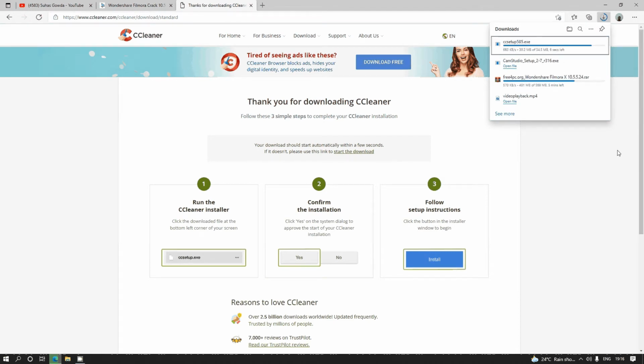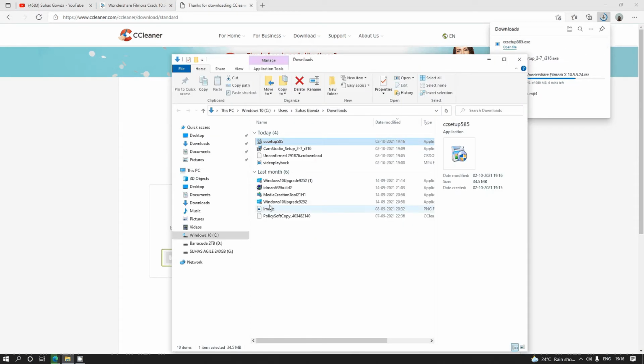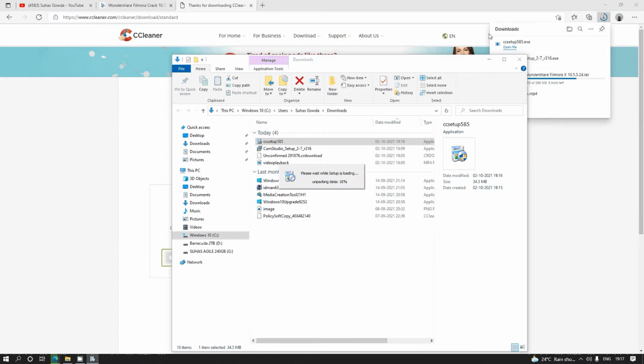Another 7 seconds to download. Yes, the software is downloaded. I went to the location, and it is the CCleaner setup. I'm running it as administrator and clicking OK.